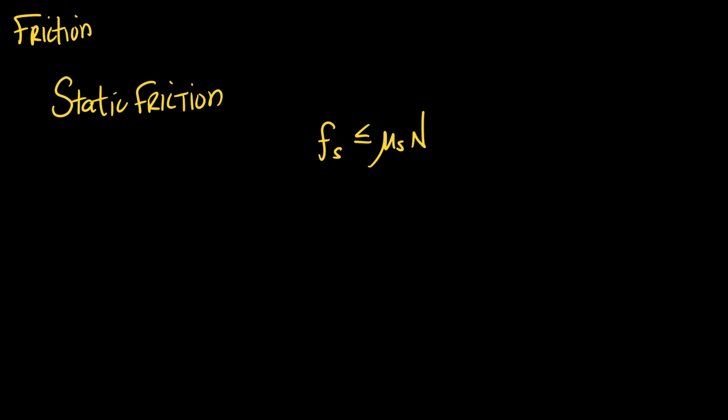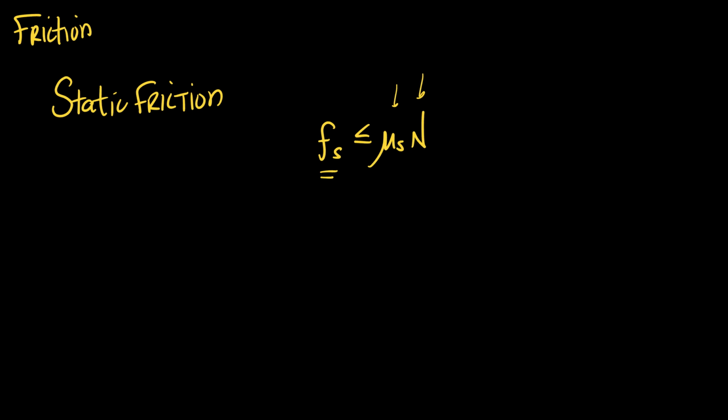Because this is an inequality, it can be any value between 0 and this maximum. So if I tell you that an object is experiencing static friction, I'm not telling you how much friction it's experiencing, because it can be anywhere in that range. Using this equation is hard because you can't just solve this. I can't just plug in these to figure out how much friction there is, because it's any value up to